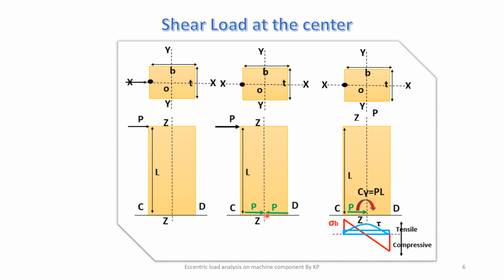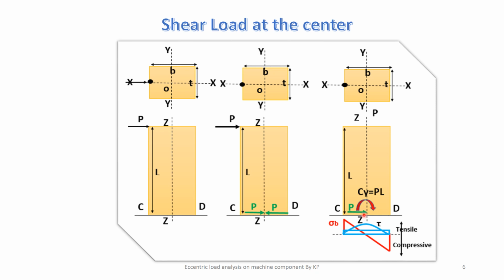This force and this opposite force will form a couple, and the sense of the couple is clockwise. So the only remaining things are one shear force at the cross section CD and one couple about the y axis, that is Cy, which should be equal to P into L, because P is the force, they are parallel forces, and the distance between them is L. That's why this Cy is P into L. Now let us consider the effect of these shear forces. Because of this shear force, direct shear stress is produced along the cross section. This blue line will show the direct shear stress.